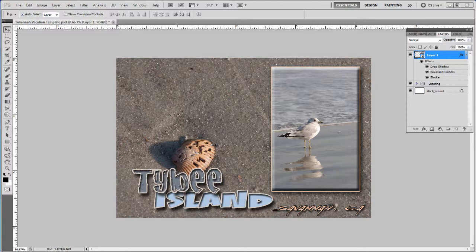This tutorial is going to be a continuation of a short series of using smart objects inside of Photoshop. As you can see, I have a template that I'm creating here that I'm going to publish on the web eventually, and it's showcasing some photographs that I took on a vacation a few years ago. As you can see, I already have a photograph in here that I want to use, and I'm going to put another photograph in this area, and I'm going to let smart objects help me with this process because eventually